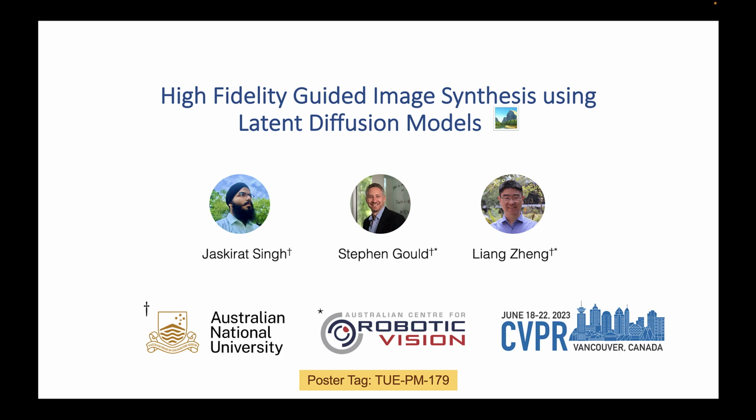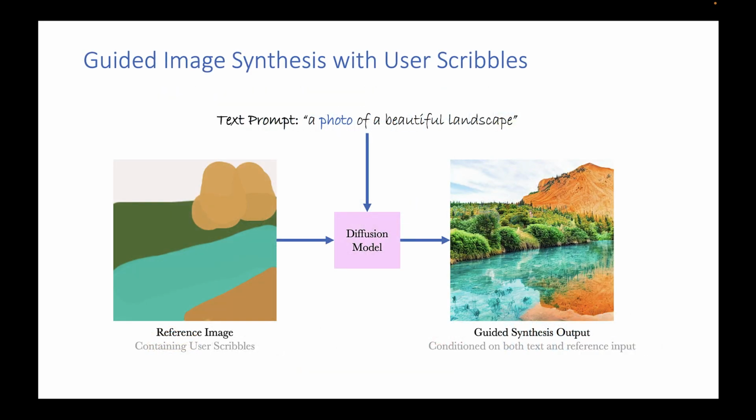In this paper, we present a novel framework for improving the realism when performing guided image synthesis. In particular, we look at the problem of guided image synthesis given a text prompt and a reference image, usually containing coarse user scribbles. The prior work in this direction often suffers from the problem of having insufficient details in